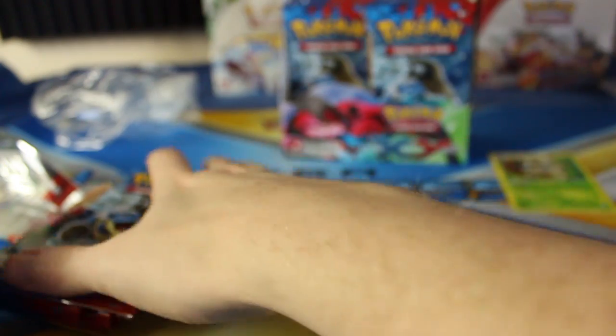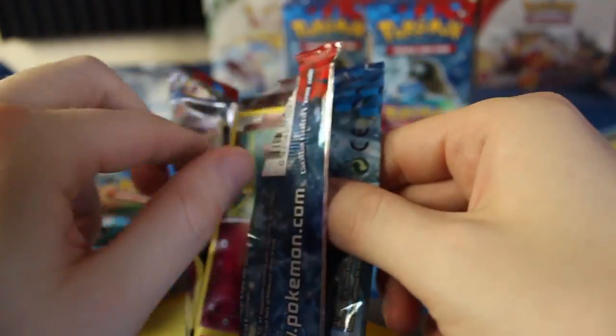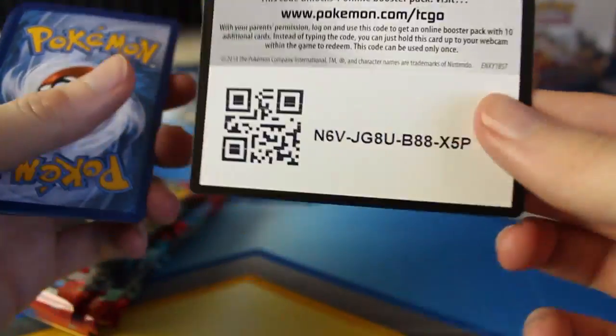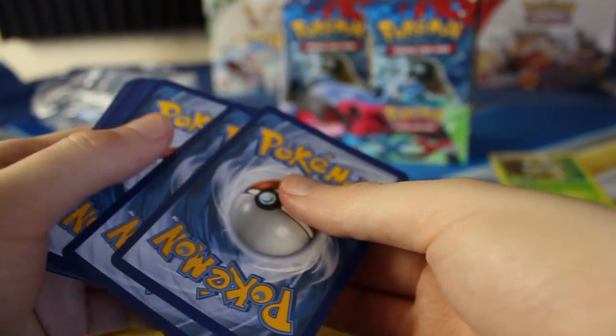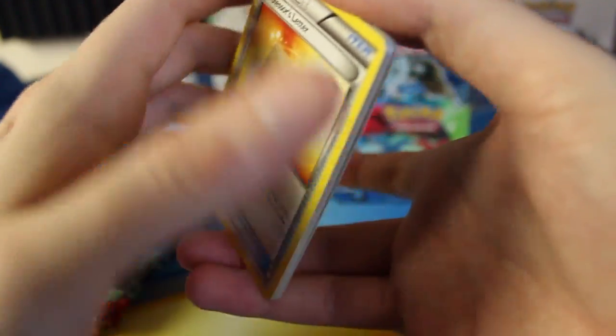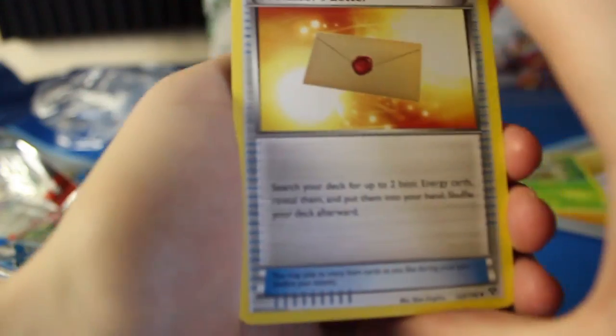I love the starters there. Honestly, I'm not huge on Chesnaught or on Delphox for that matter, but they're okay. I love me some Greninja and some Froakie, but I don't know. They're not my favorite starters. There's not that many generations where I love all the starters. I think that Gen 4, I love all the starters. Gen 1, Gen 3. Gen 2 is kind of like, I'm not the biggest fan of Cyndaquil, and don't hate me for saying that, but...